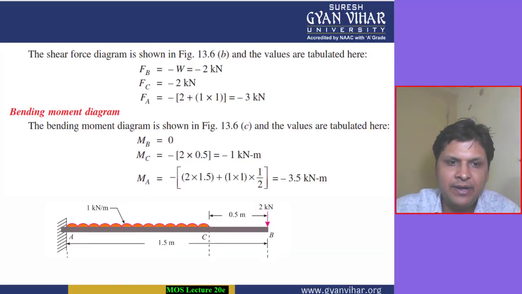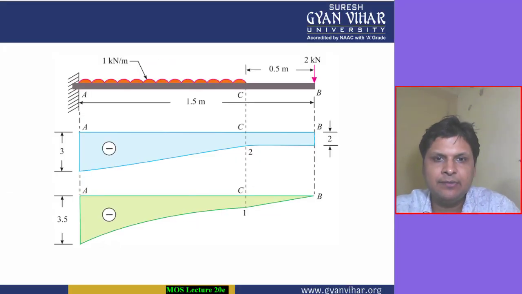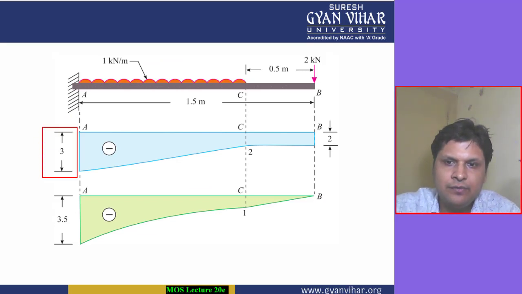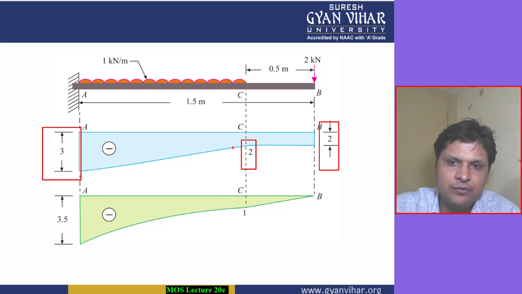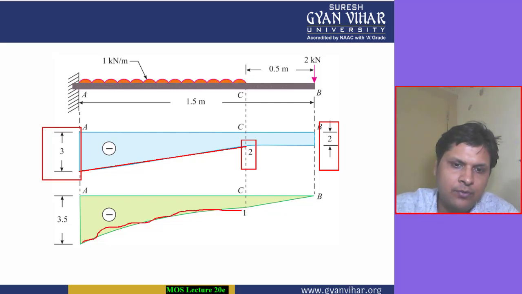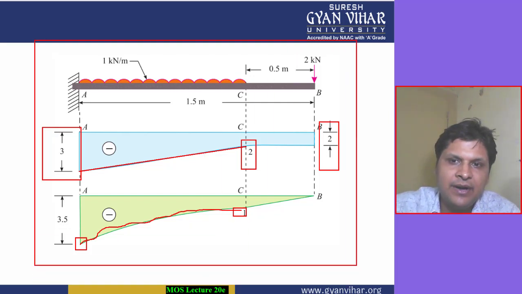So the final bending moment diagram which we will get is this. All the values we have considered are the ones we have calculated. And one more thing you will have to take care of every time: if this is an inclined line in the shear force diagram, you will always use a parabolic curve to join the points in the bending moment diagram between these points. So this you should always keep in mind. In this way, this is the bending moment for this particular case.